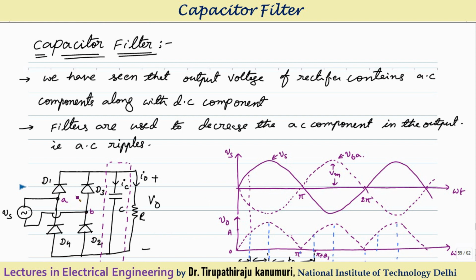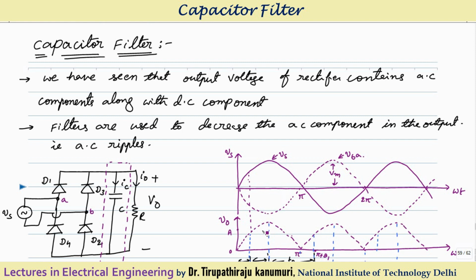And during the negative half cycle, diodes D1, D2 are reverse biased, D3, D4 are forward biased. Because B is positive, automatically the anode of D3 is forward biased. Similarly, A is negative, which means D4 is forward biased because the cathode of D4 is negative. So output will conduct through D3 and D4, or we can say the output voltage will be equal to VBA. So your output voltage will resemble these dots. You can see this is not DC.